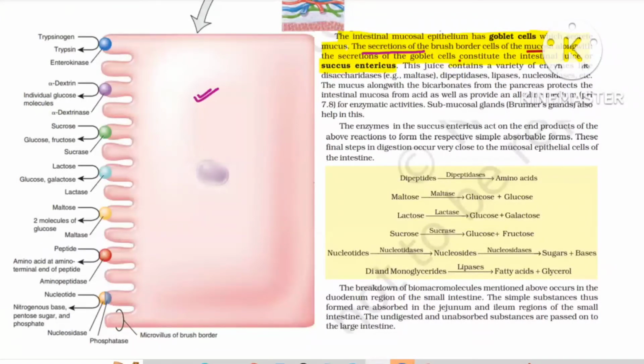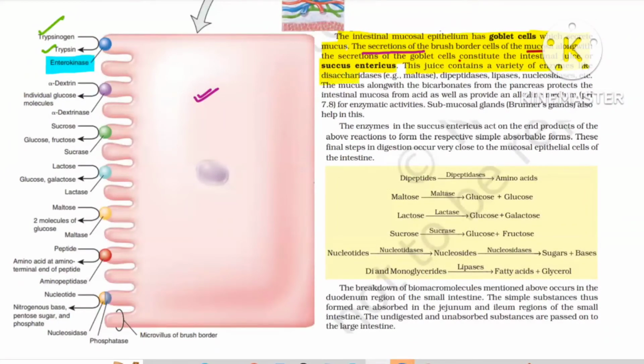So what are the enzymes present in the succus entericus? Please focus on the diagram here. See, first of all, enterokinase, which we have already studied, is the one which is going to convert trypsinogen into active trypsin. Clear, beta? Now, NCERT is telling us, you have to see here also, this juice contains a variety of